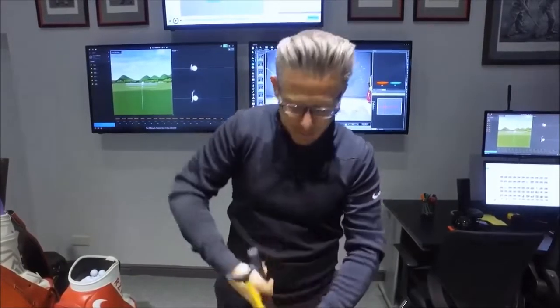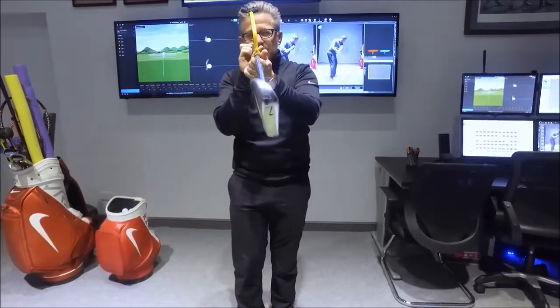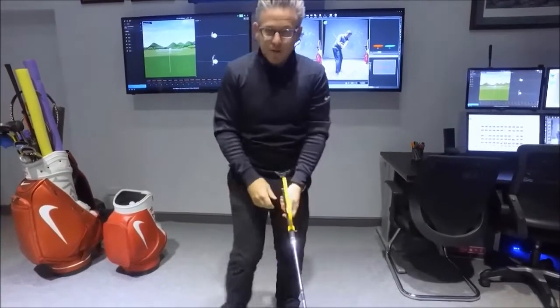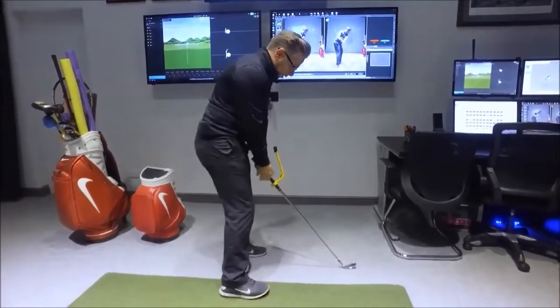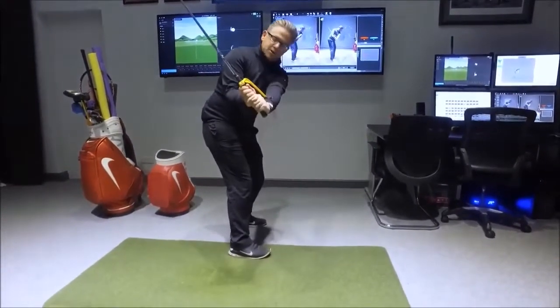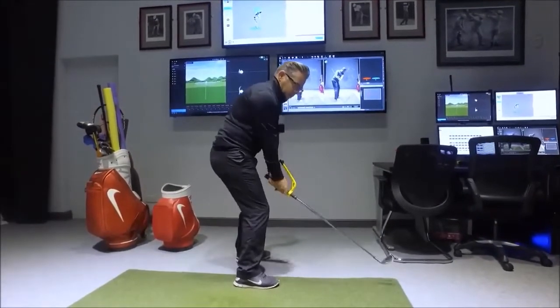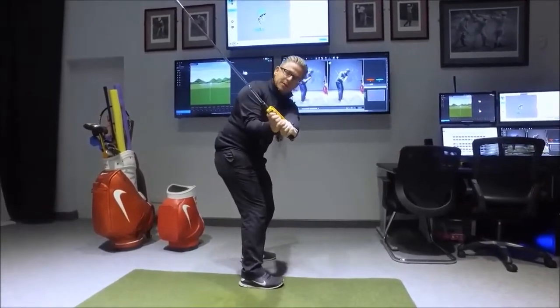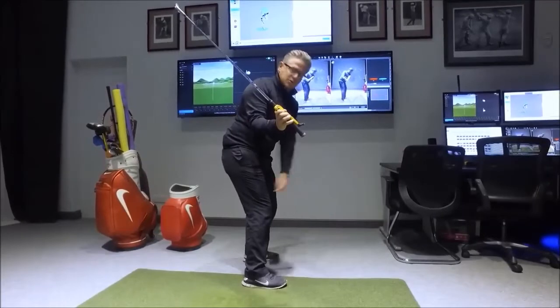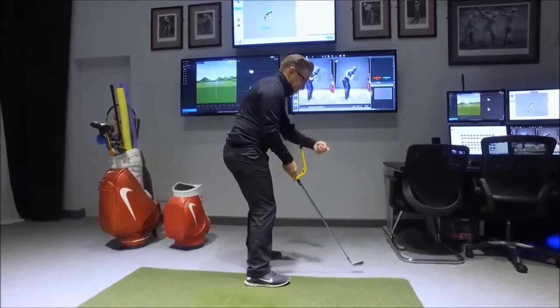Yeah. So now we can see here, this is nicely set up on the golf shaft. So now if I set the golf club properly, take it back in the one piece here, and I cock the left wrist up, the club goes straight through the forearm. So as I get that club working up on plane, now it's perfect, okay? It's going to point back down towards an extension of the ball, or the baseline, okay, which is actually just inside the ball to